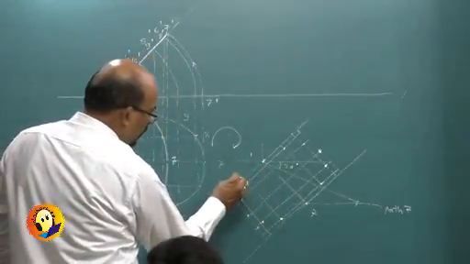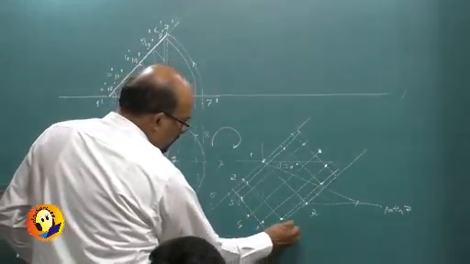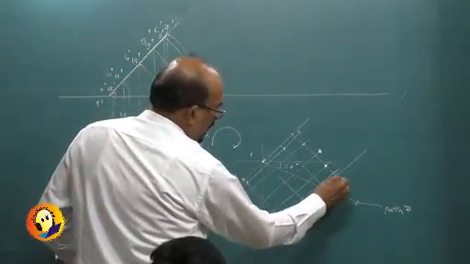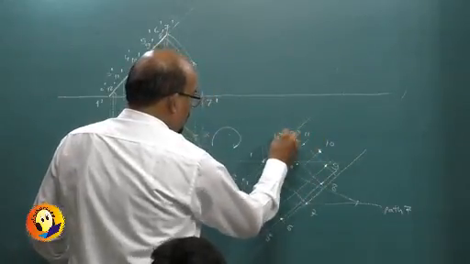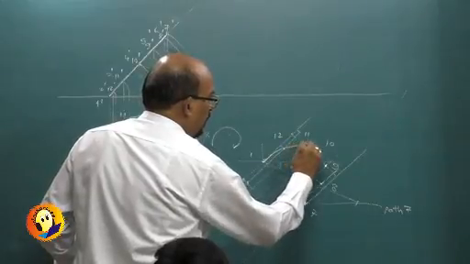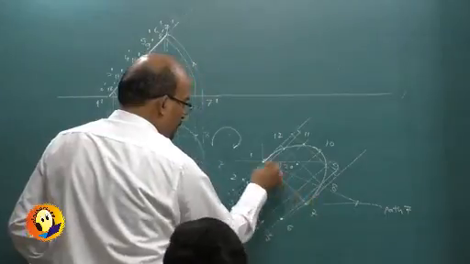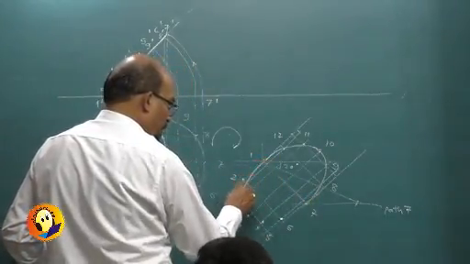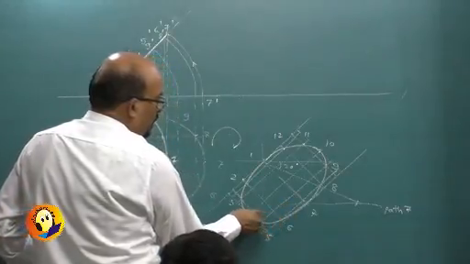So this will be 0.2, 3, 4, 5, 6, 7, 8, 9, 10, 11 and 12, and we are required to reproduce the same ellipse in the top view,